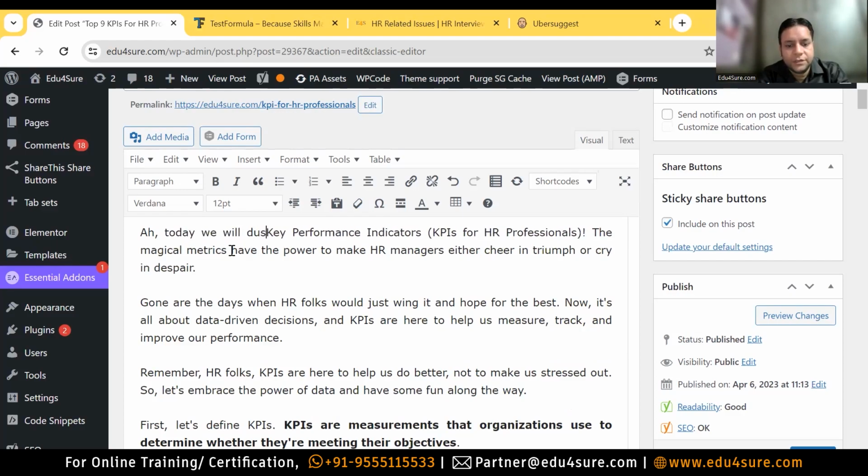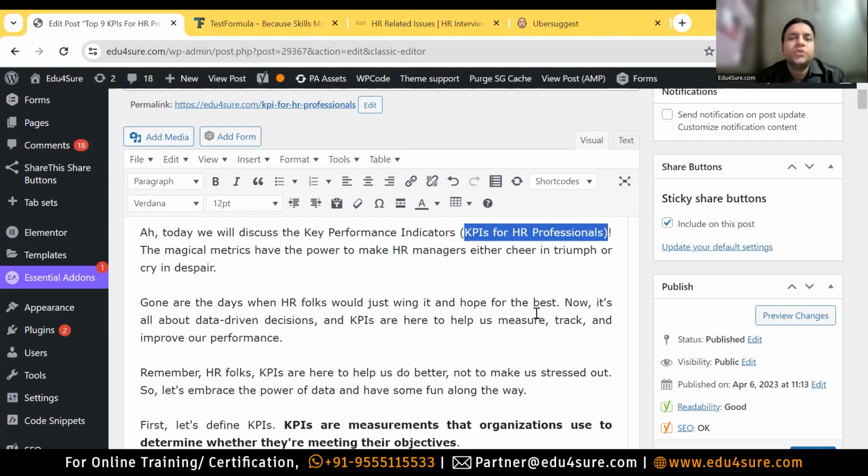Today we will discuss the key performance indicators, KPI. So I intentionally used this keyword in the first paragraph, and it is making sense as well. The magical metrics have the power to make or break anything. So this is fine. Now if I go down,